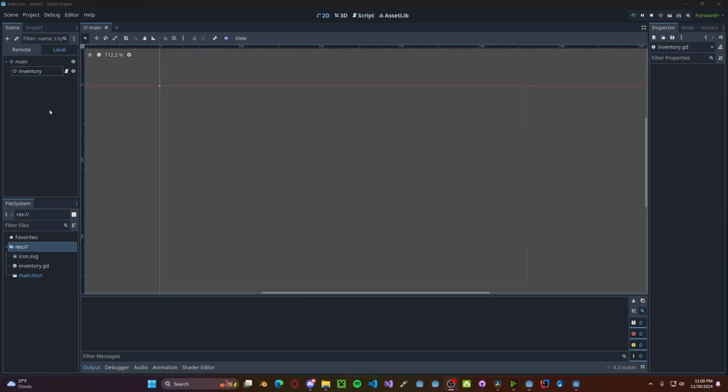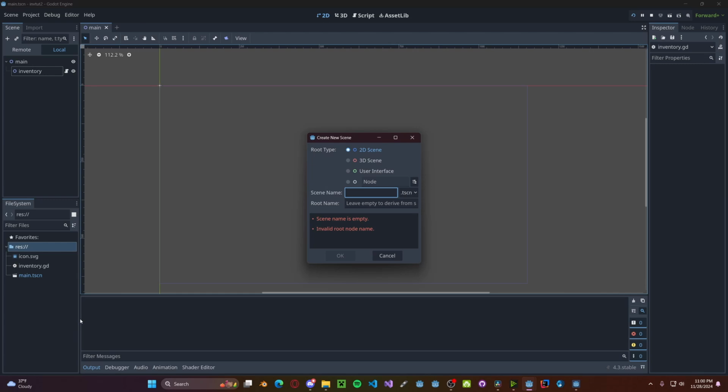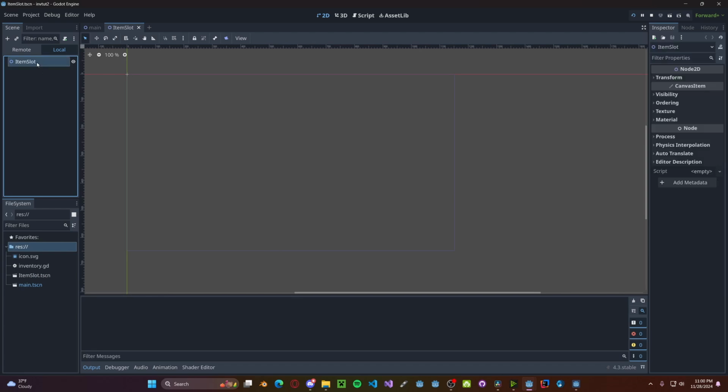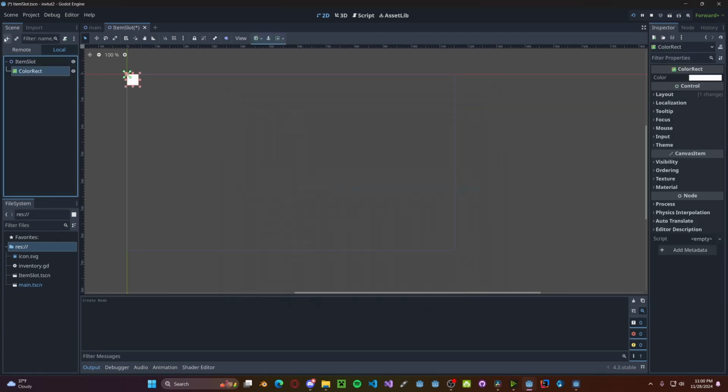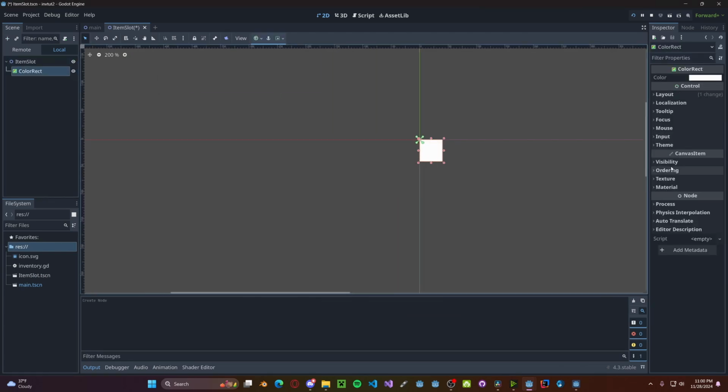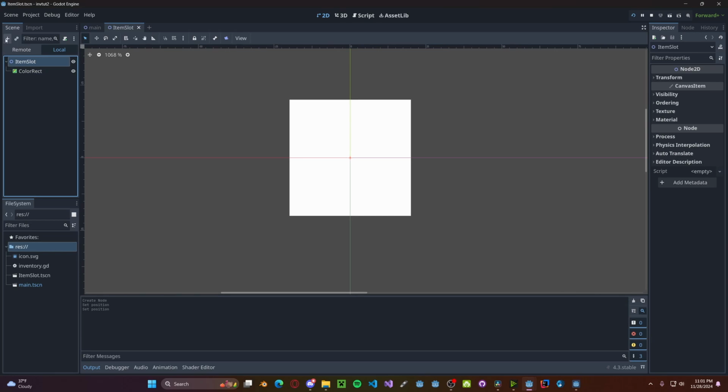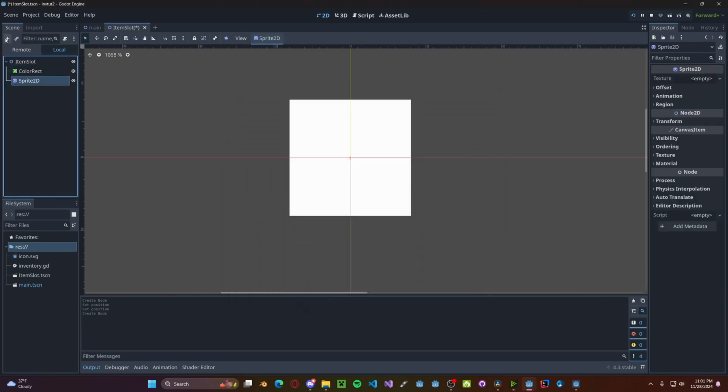Now let's take a quick break from our inventory to create the actual item slots. So let's create a new scene. It will be a Node2D scene. Let's call it item slot. Okay, in here, let's create a new color rect to symbolize our slot. This is our blank slot. We also need a sprite to symbolize our actual item that's in the slot. So this will be called our item